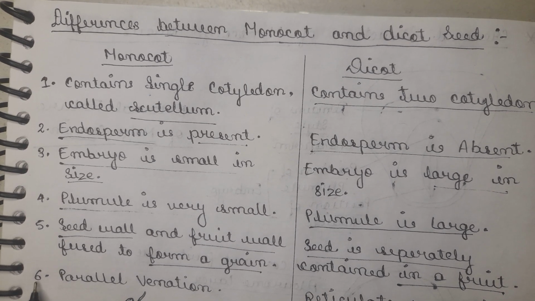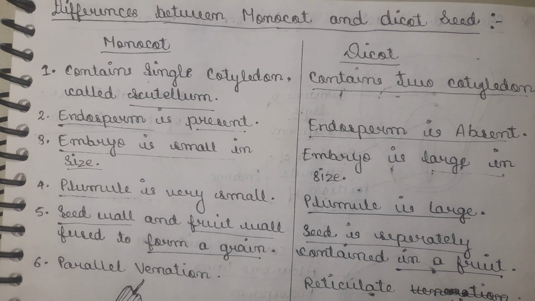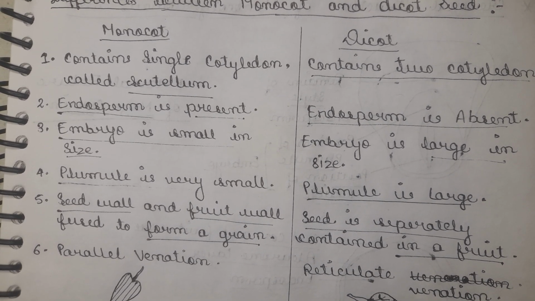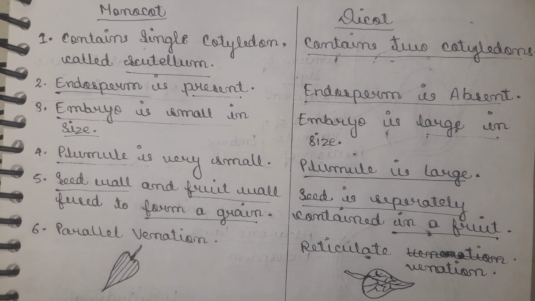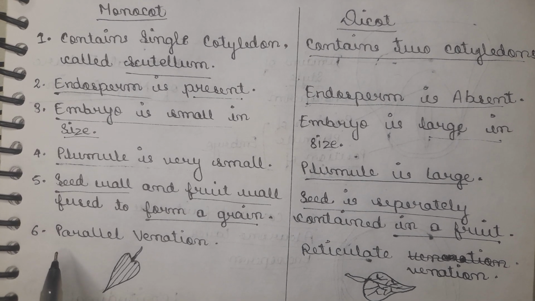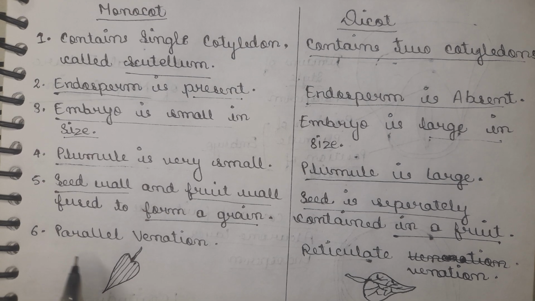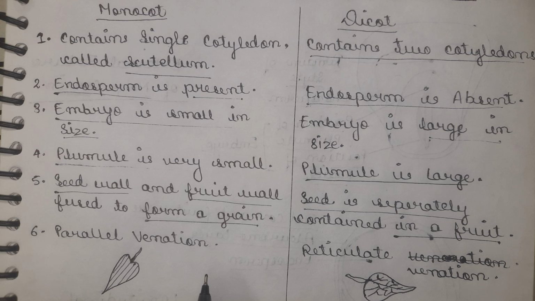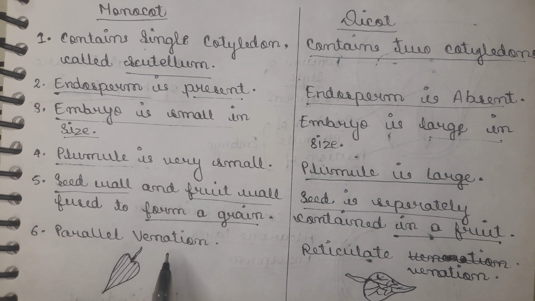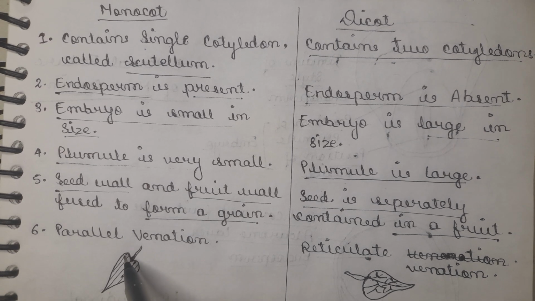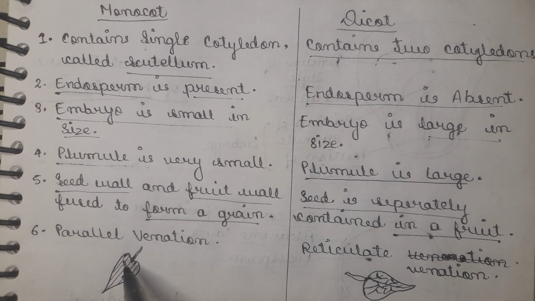Now the sixth point is about the parts of the plant that grows from the monocot seed and the dicot seed. The plant from the monocot seed has leaves with parallel venation. That means the leaves of these plants have parallel venations. If you see the structure of the leaves here, the venation is parallel, which means the veins run parallel to each other